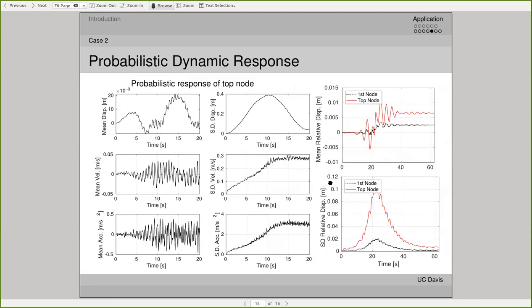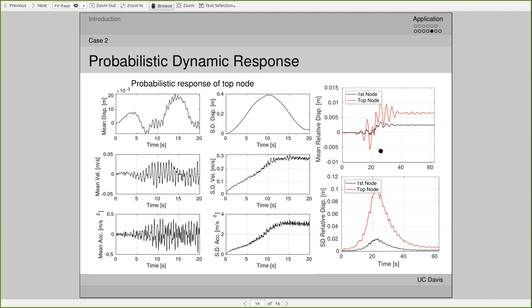So once we characterize both the uncertain motions and the uncertain structure parameters, we can use the stochastic elastoplastic finite element method that we presented in the previous lecture to do the uncertainty propagation. And from that propagation, we can get the probabilistic dynamic structure response. So here I'm showing you the time evolving mean and the time evolving standard deviation of the response of the top node. And also I'm showing you the mean relative displacement of the top node and the first node relative